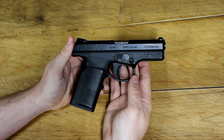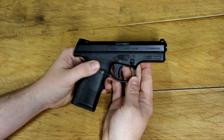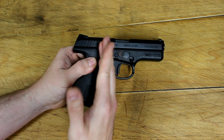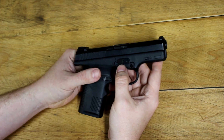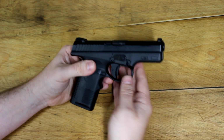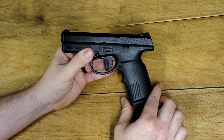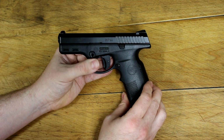This was obviously a very well-trained individual, and he would be able to headshot that guy with a 9mm just like he headshotted him with the 357 SIG. The caliber does not make a difference in that specific scenario. With 9mm, you are generally able to practice more, except for in these weird pandemic social unrest times. You're able to practice more because 9mm is usually less expensive and it's usually more available than 357